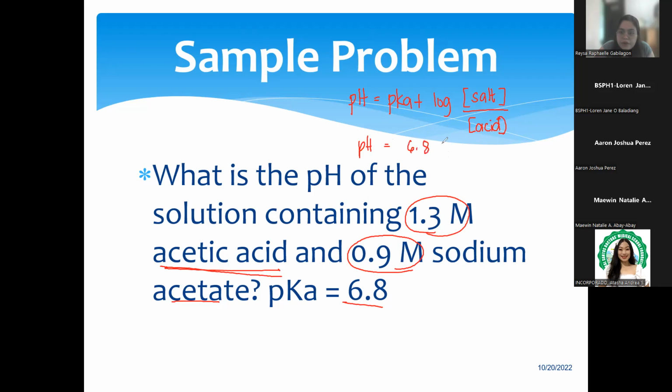pKa is 6.8 plus log of what is the acid? The salt pala, 0.9. Sa ilalim is 1.3. Hindi ko nilagay yung unit. Walang unit naman ang pH. Okay, so this is 6.8 plus log of 0.9 divided by 1.3. 0.9 divided by 1.3 is